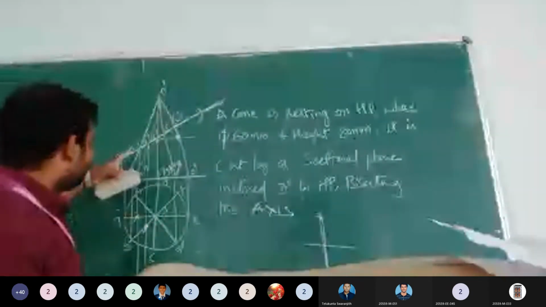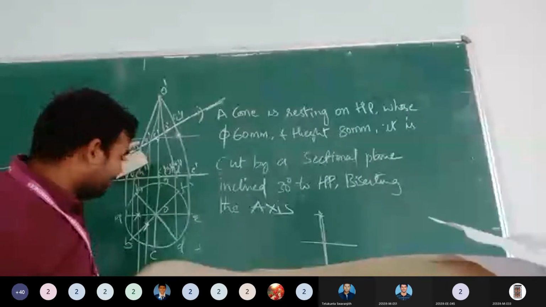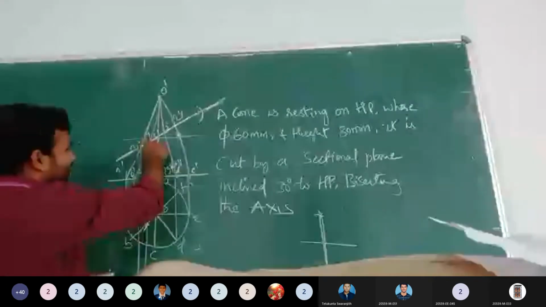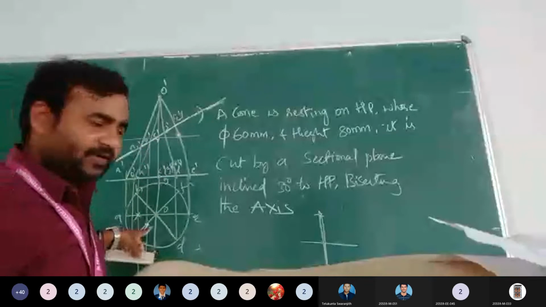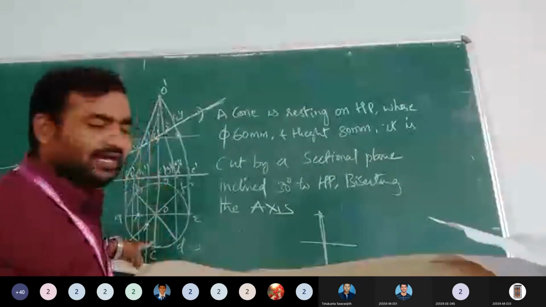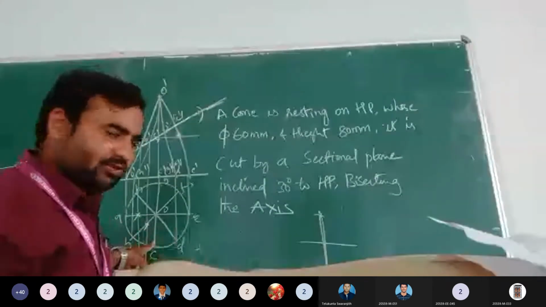Okay. This is your A1 dash. And from the A1 dash, I will project downside, which is touching at the A. And from the B dash, it touches the B. And from the C, if you want to draw the C, as it is a straight line, you cannot know exactly where to join. Leave that one.